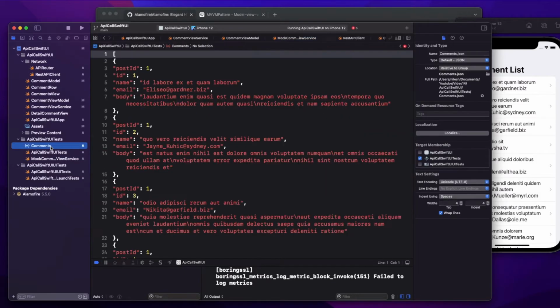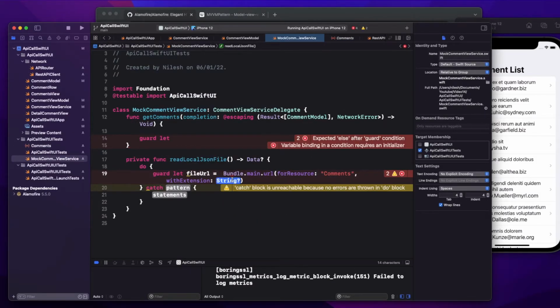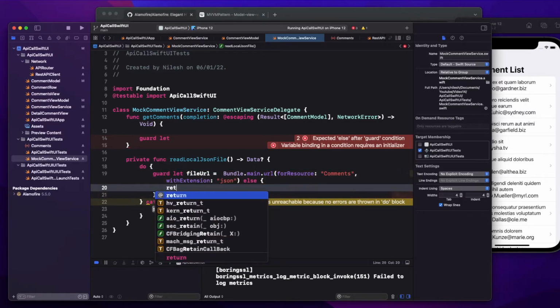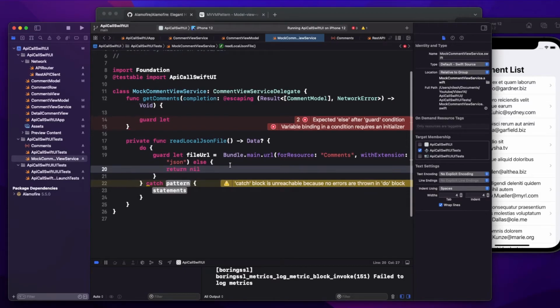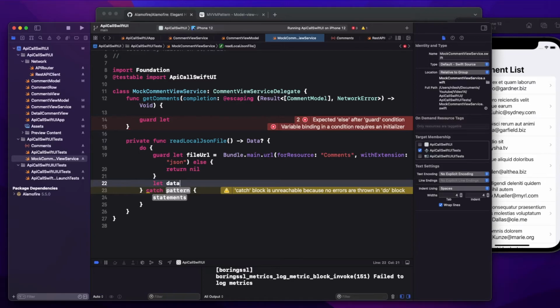So file name is comments. And what is the extension? Dot JSON. So we'll pass JSON. Else, if it is not able to find the file, then it will return nil. That means there is no data, means there is no way of providing the data. If the file exists, that means I have the data.